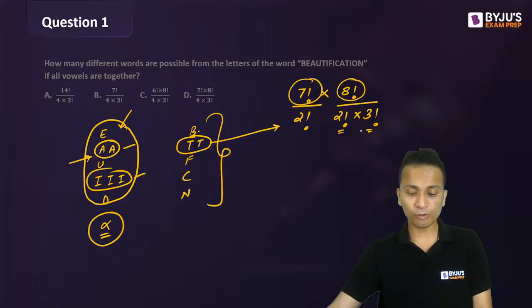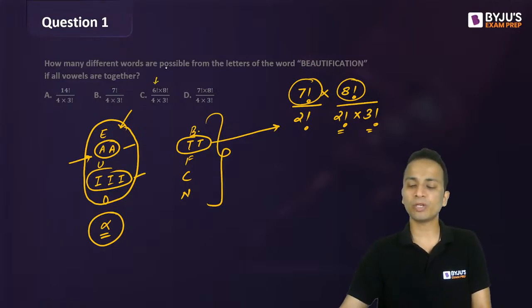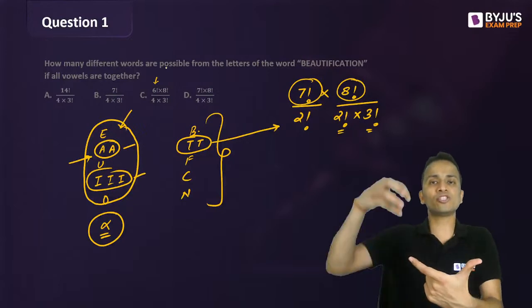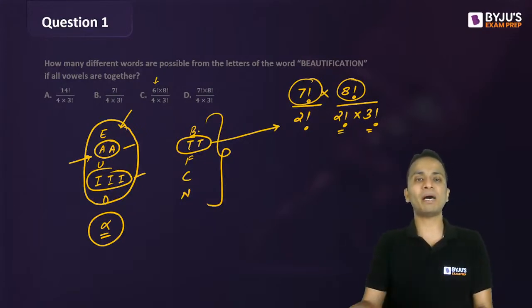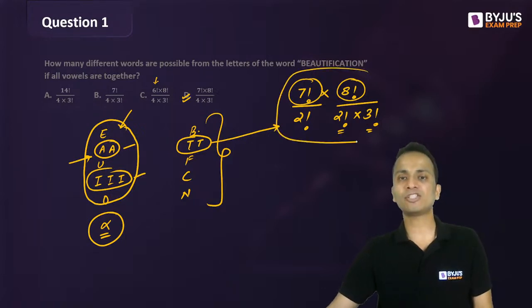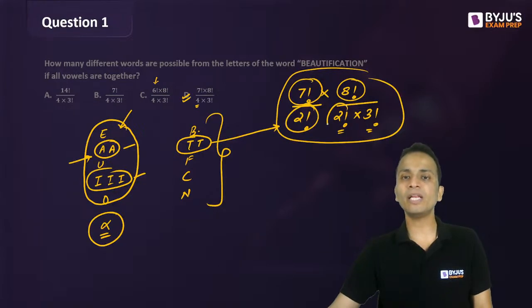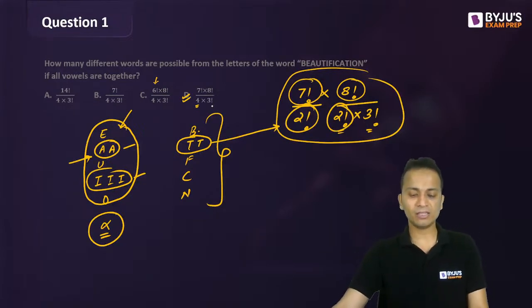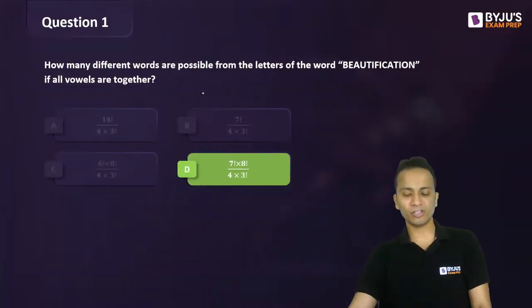Now, earlier, a lot of you have given option C as the answer, thinking that consonants will be separate and it will be in 6 factorial ways. But between two consonants, all these vowels can also appear. So that is why it will not be 6 factorial, but 7 factorial. So the correct answer for this question should be option D. You can match this: 7 factorial, 8 factorial, denominator में 4 है. So 2 factorial into 2 factorial will be 4 and then 3 factorial. So the correct answer here is option D. And yes, this is the correct answer.